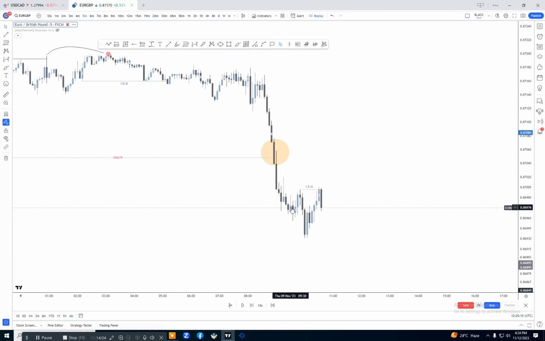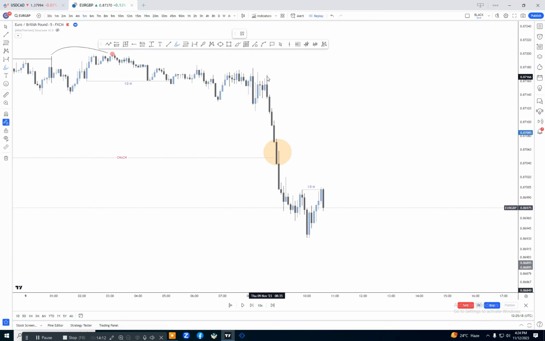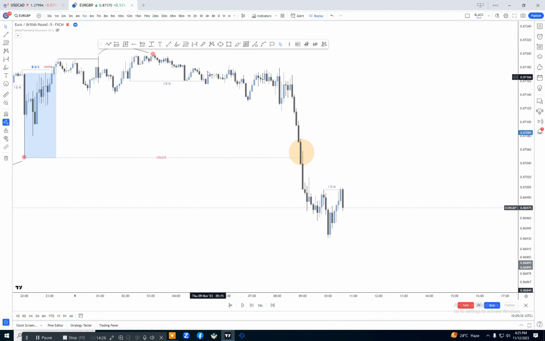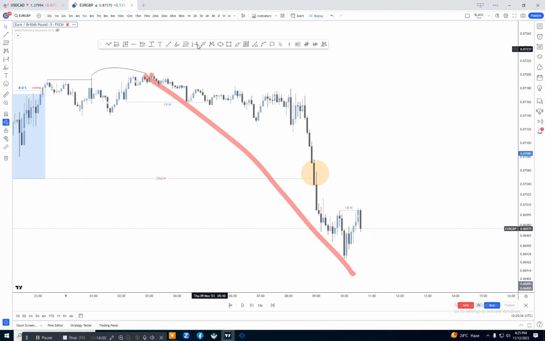Now we need to find our last higher high. Some traders will mark this high as the last higher high. Why? Because it was the latest high before this whole down move. So this will act like a higher high. No, it's not valid. We need to find the highest point of this whole single leg move. Which is the highest point? Here is the highest point.